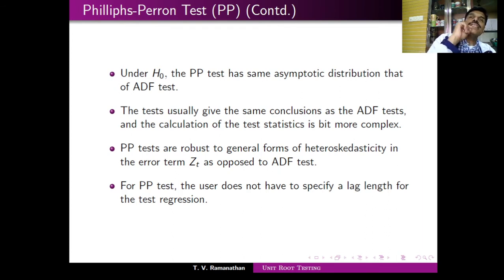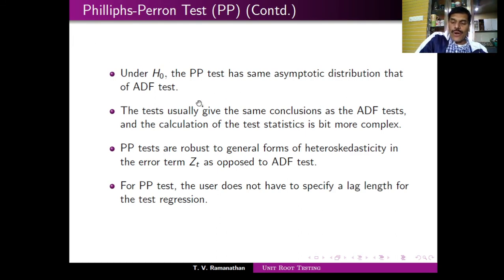Now what happens is that this test that you are considering, the ADF test or PP test, doesn't have much power. In the sense, it will not distinguish well between phi equal to 1 and phi equal to 0.95. It will distinguish, but the power will be less. Sometimes the error can be more. So this is what the power of the test means. These are the problems of the Dickey-Fuller, ADF, as well as the PP test.